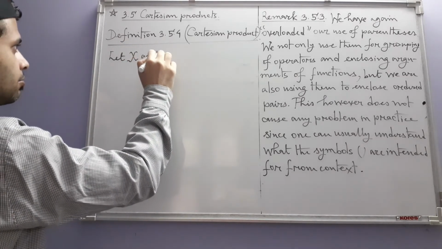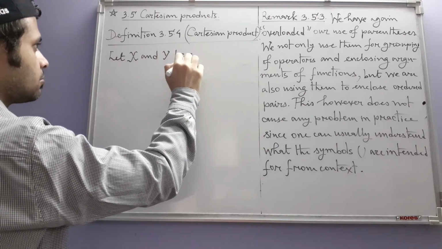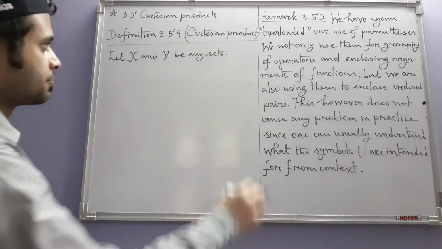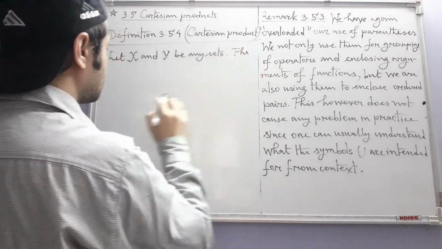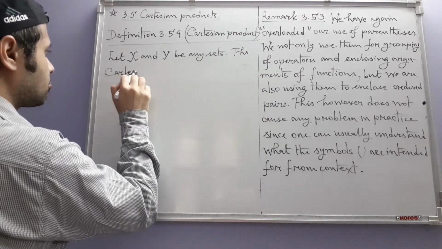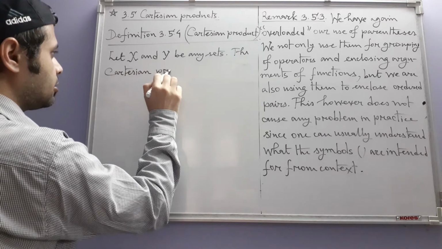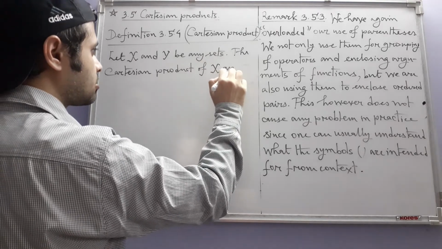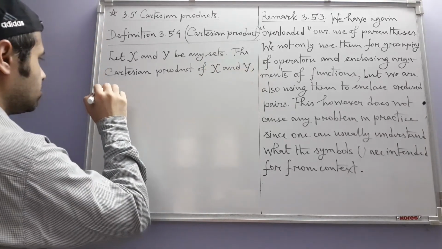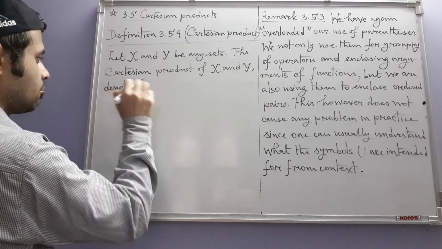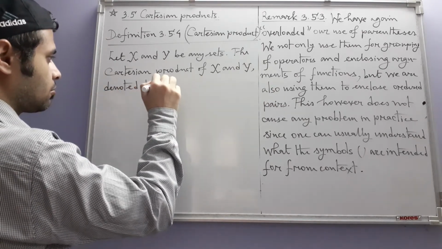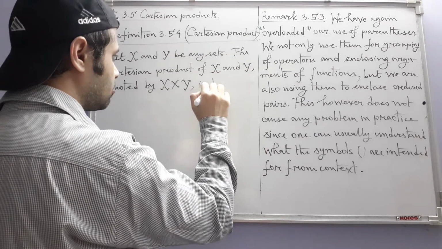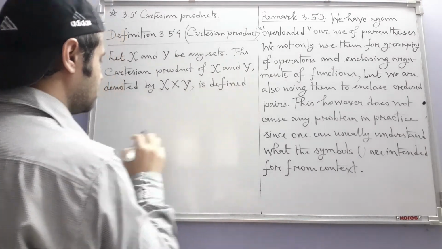Let x and y be any sets. The Cartesian product of x and y, denoted by x cross y, is defined to be